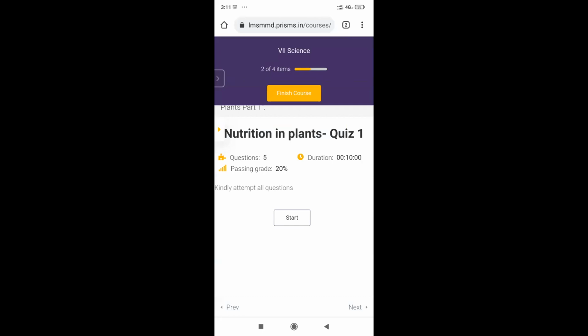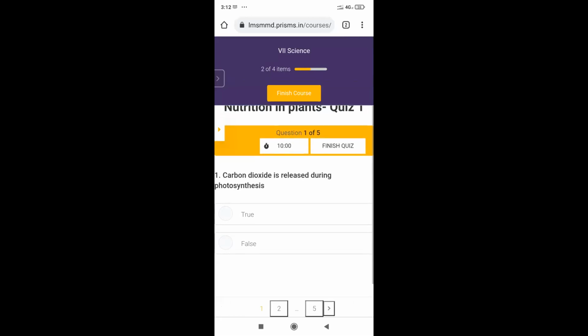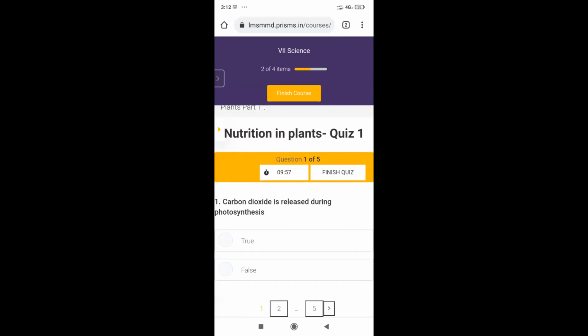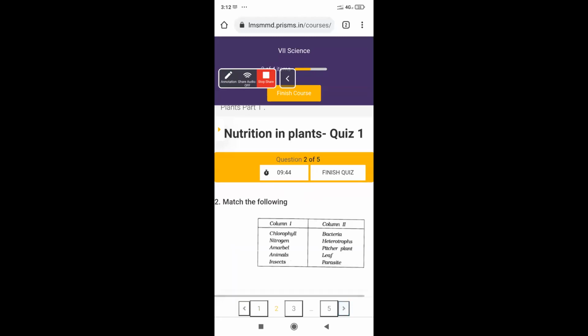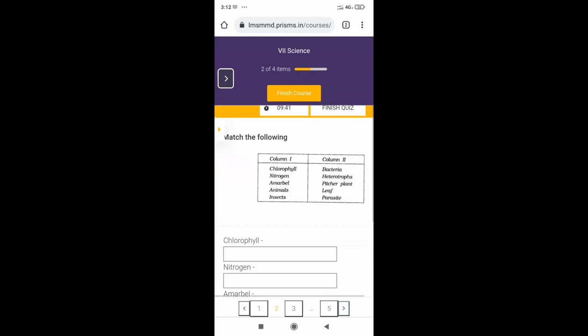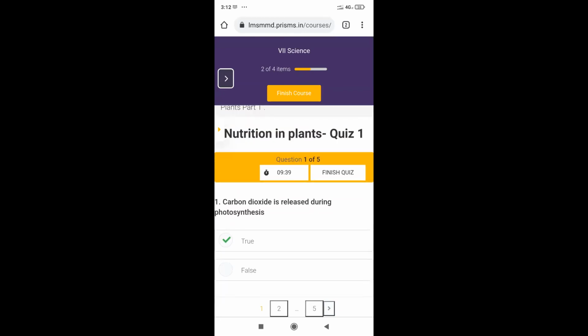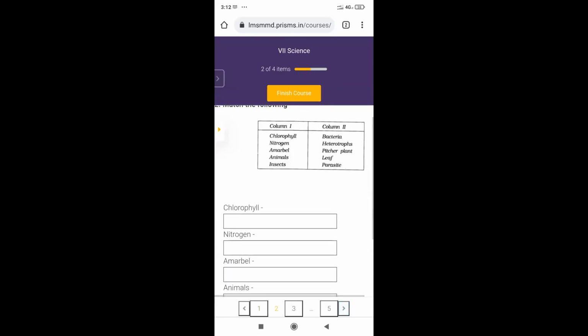Now in the quiz, I can see how many questions there are, what my minimum passing grade is, and any instructions that you can write as a teacher, and I can solve my quiz. We can see that there's a timer at the top. The quiz was for 10 minutes. Once the student starts the quiz, you can see that the timer is running, and we can see the questions 1, 2, 3, 4, 5. If I've solved any previous question, my answer remains. Right, I can go on solving it.